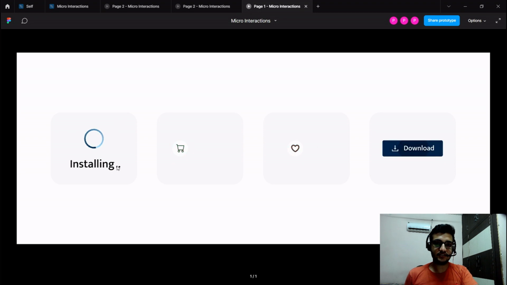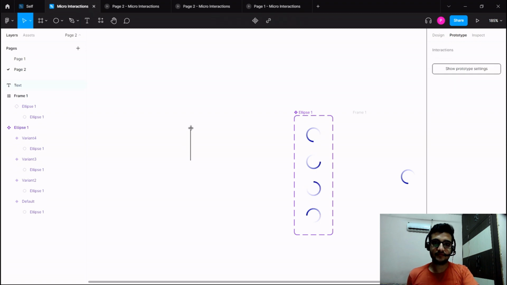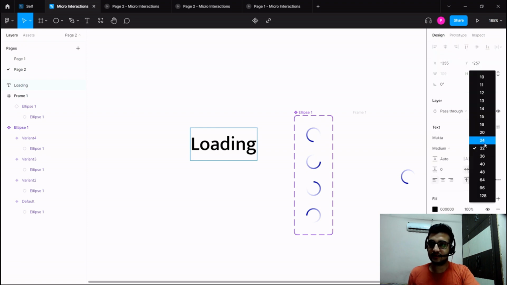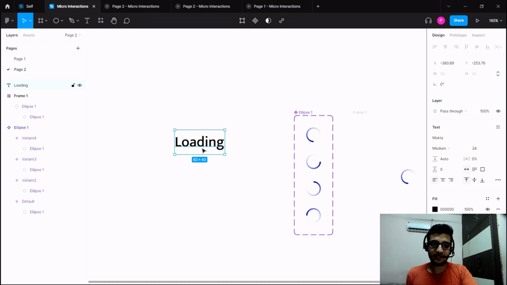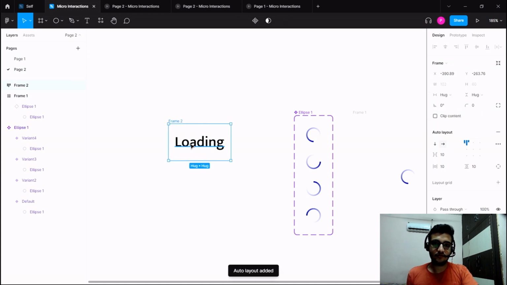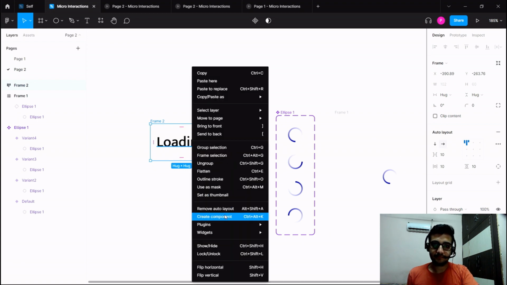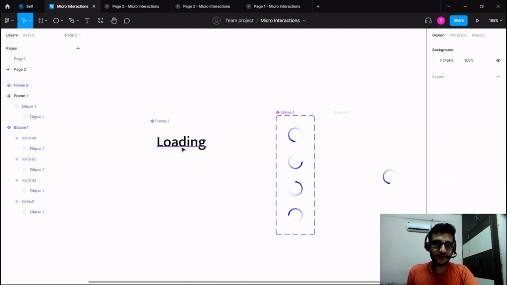we are going to create this loading. So let me just quickly take a text. Oh, it's too big. Let's just have it, I think 24 would work. Okay, let me just create an auto layout of it. Now we have an auto layout, and let's create a component of it. Create component. And one more thing that I need to tell, one more mistake that people make